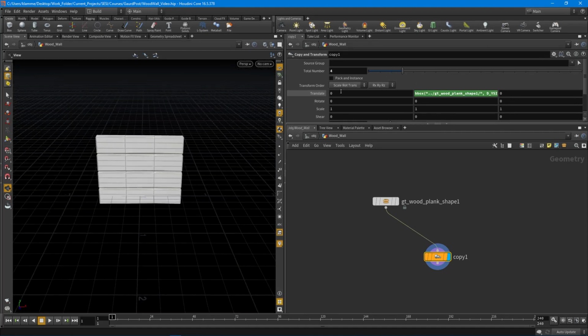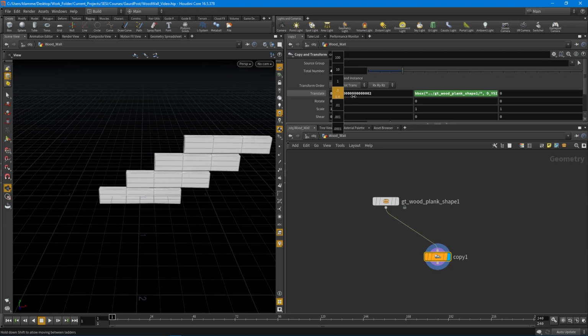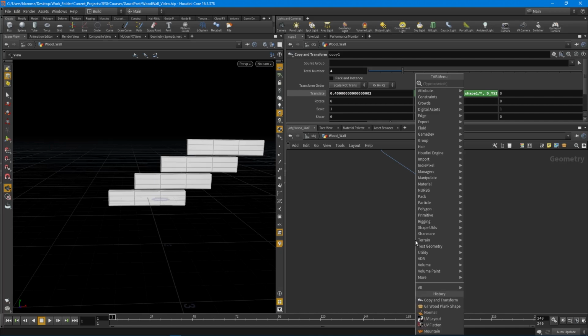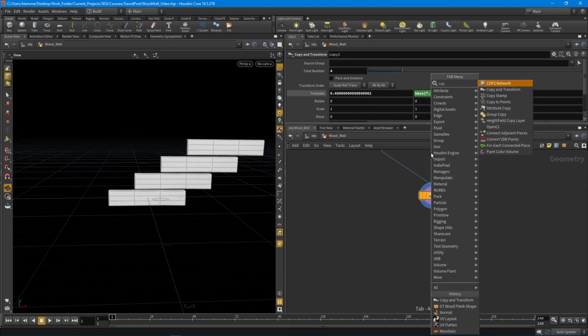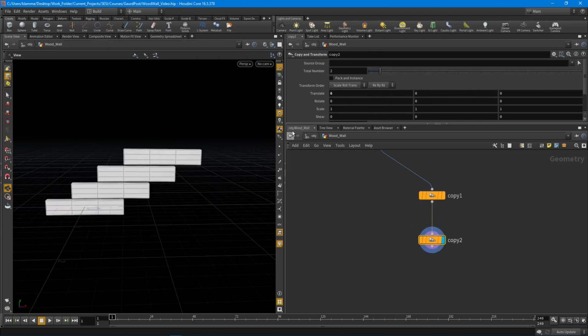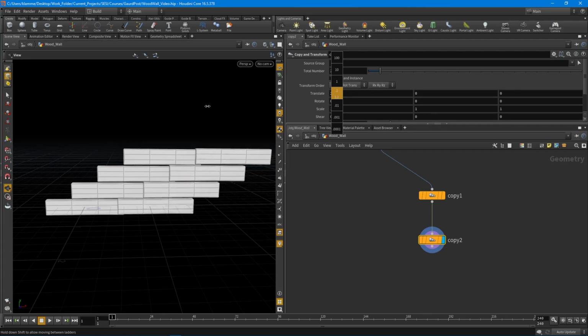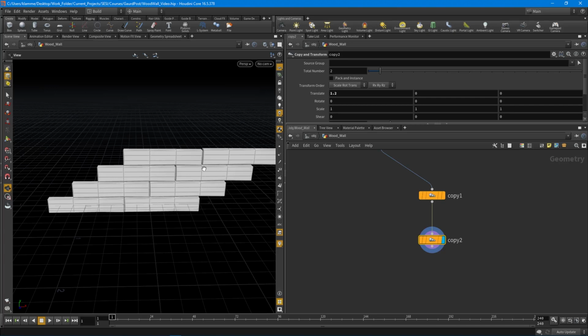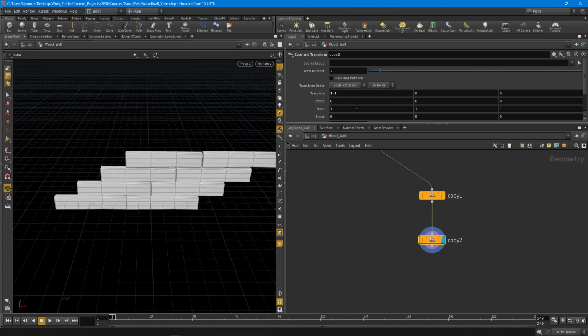And if we wanted to offset these guys, we can offset that, and then I can create more copies. So I can do another copy transform, and this will give us that staggered look. Now I'm going to create 2 copies, and first we want to view this so we can see it, and basically we want to do something like that. In order to do that, we need to move half the distance of the size of this guy. So we can do the bbox,